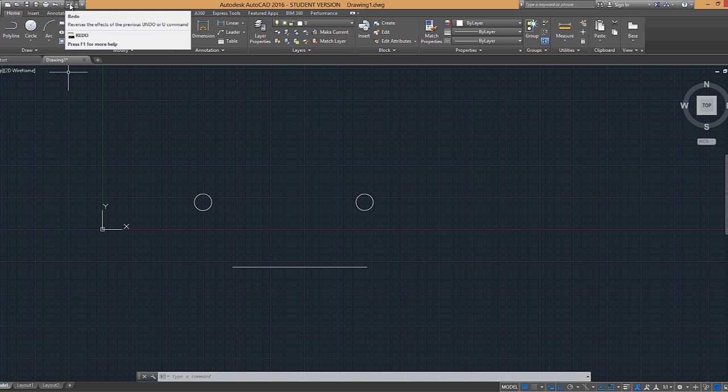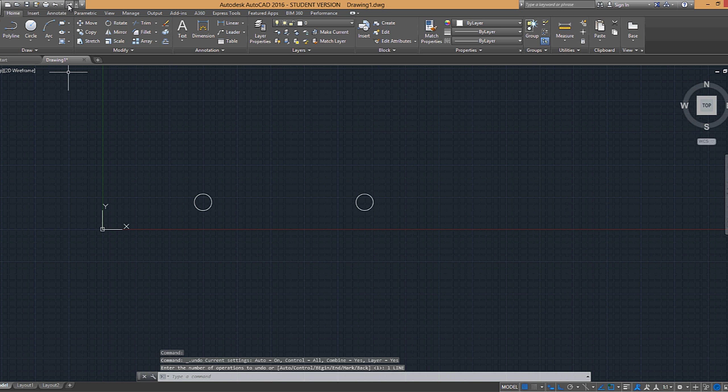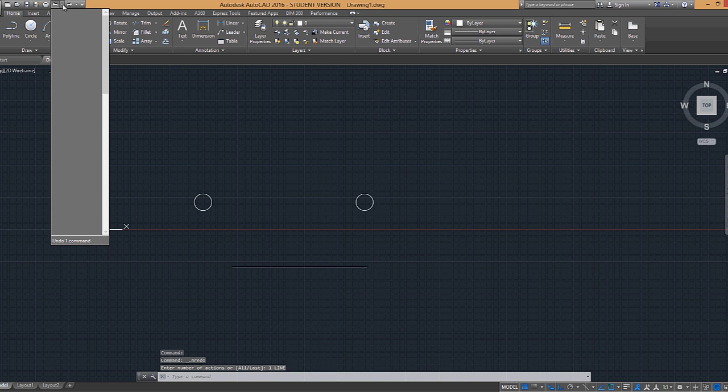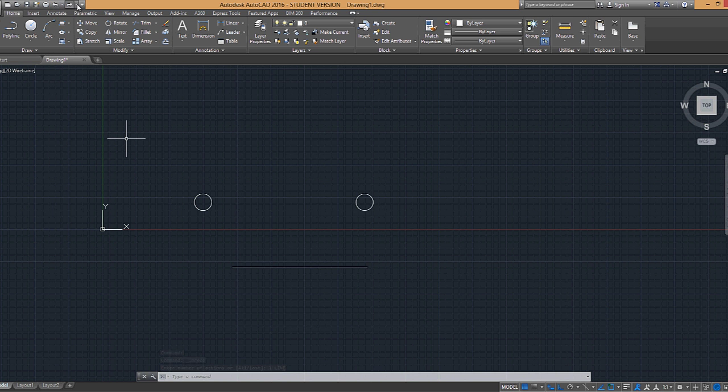However, up above, you can see that there's the undo and the redo in these quick settings, and I can undo and redo, and then if I expand the list, you can see that it does keep a history. So I can go back into my history of what I've done, and I can redo multiple commands that way. The redo command only does one redo after the undo command. The undo command does as many as possible, but if you want to redo multiple steps, you can go into